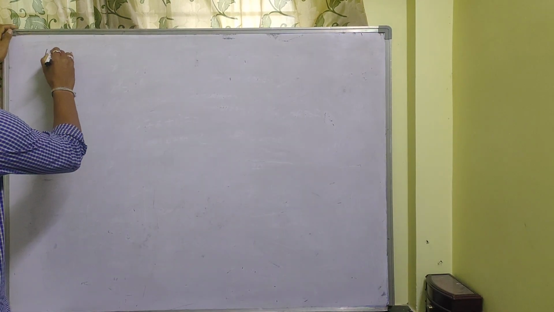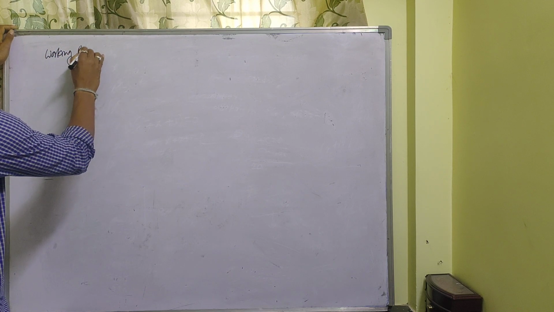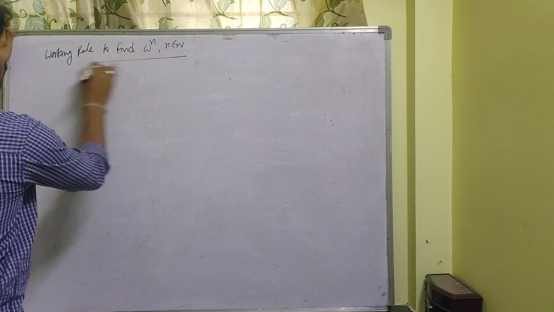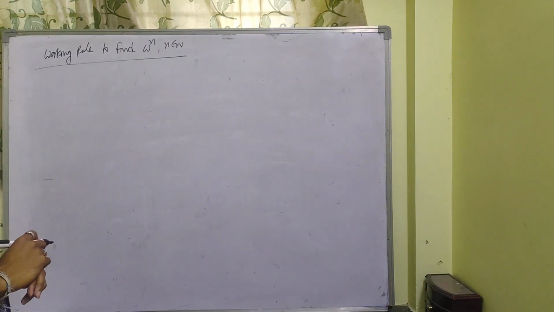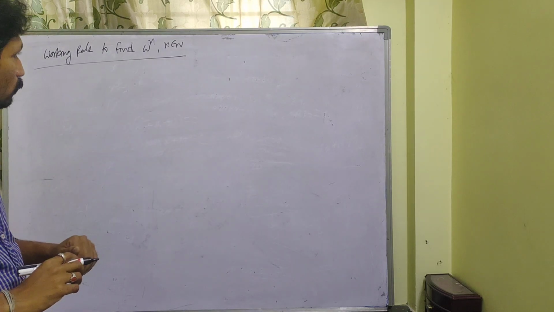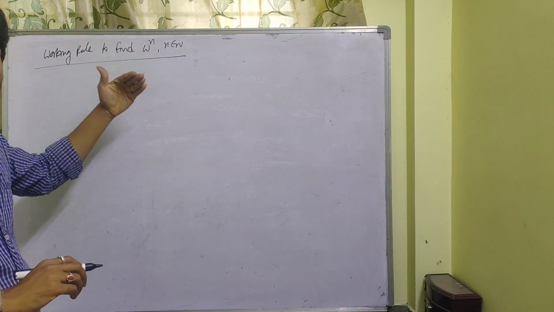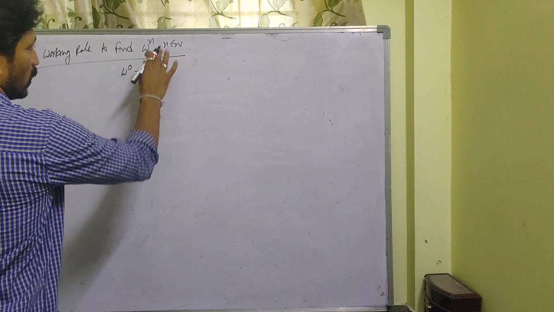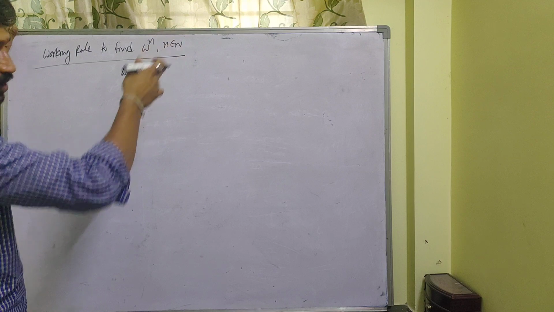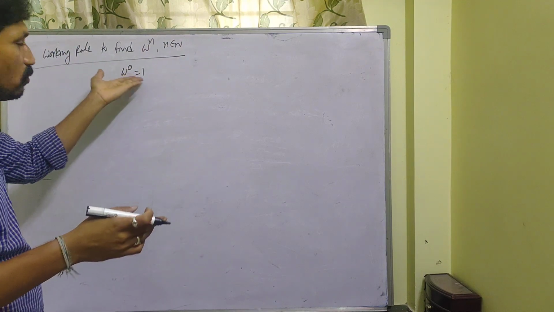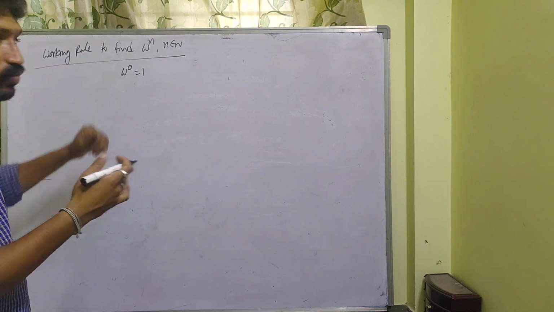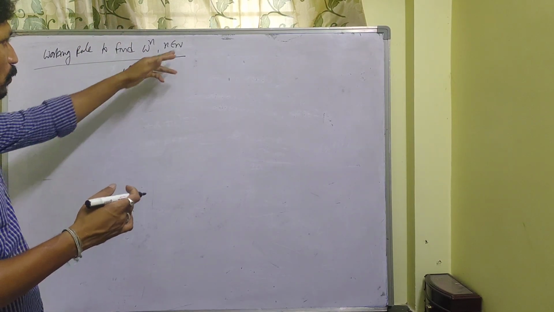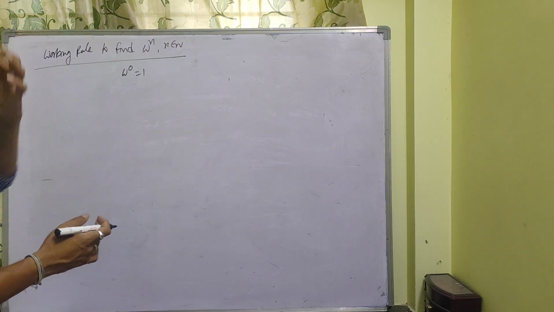Next one is working rule to find omega power n where n belongs to natural number. See here, same like iota. See, omega power 0 is equal to 1. Here n belongs to natural number, you can take or whole number. Because of 0, you know anything power 0 is 1. So no need to find out. So that is 1 only. So remaining, what we have the power, you are going to find it. You can take here whole numbers or natural numbers, no problem.